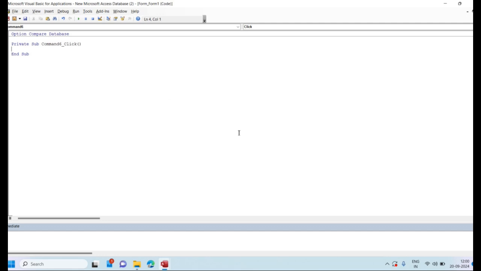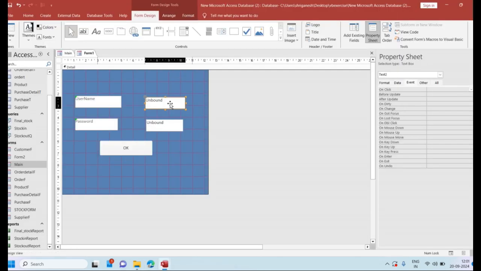As I assume that in MS Access you have completed the VBA part, I am declaring two variables here: Dim user as String, and Dim pwd as String. I just want to store the values of these form controls. The unbound text box names are text2 and text4.